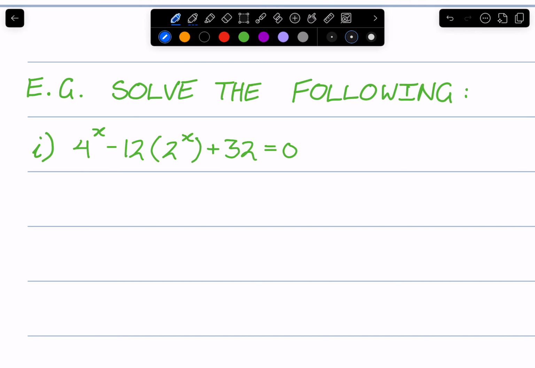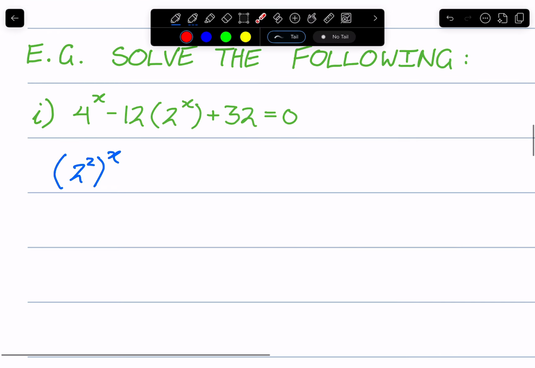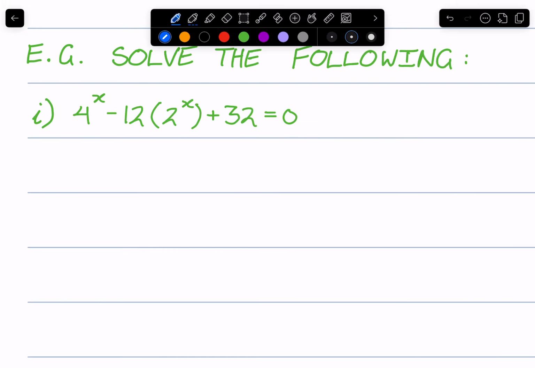So here we go. Firstly, I'm going to change 4 to the power of x. That's going to become 2 squared to the power of x, which, since we're multiplying these, because it's index to the power of an index, this becomes 2 to the power of 2x. So I could actually write this as 2 to the power of 2x. But more specifically, I'm going to write this as (2^x) squared. Now, in this form,